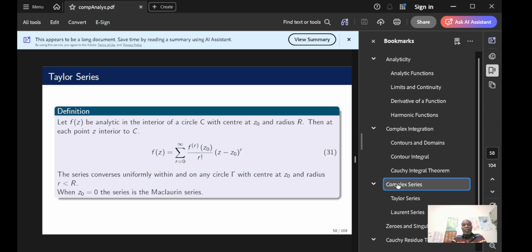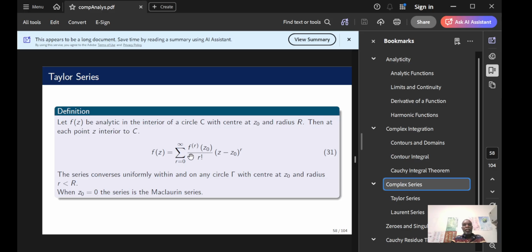So we'll start with the definition of a Taylor series. For a Taylor series, if it is analytic within the interior of a circle C, which has a radius r, and the center of that circle being z naught, then for each point in the interior of that circle C, the function can be expressed as f^(r)(z naught) over r factorial multiplied by